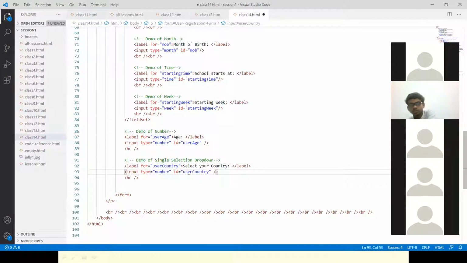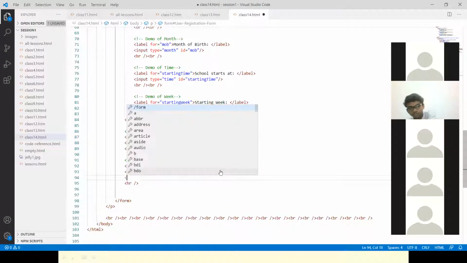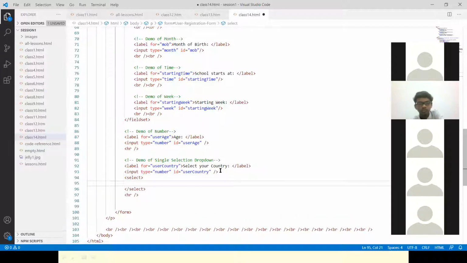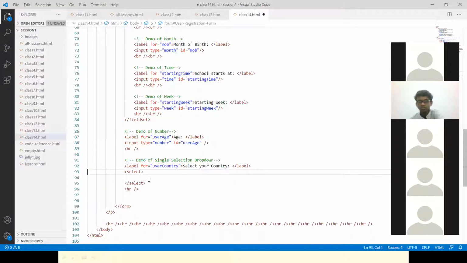Yes, you can select multiple also. Let's see how it works. Here we don't use the input tag for select. For drop downs, we need to use option and select, the select box. So this one is not for drop down. I'm going to remove this part. All the drop downs will have select. We start with select and then we end with the ending tag of select.